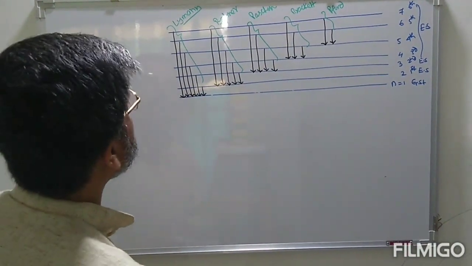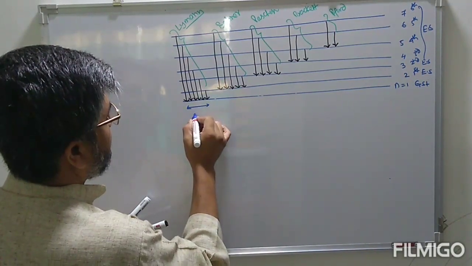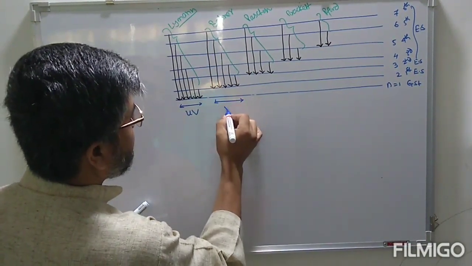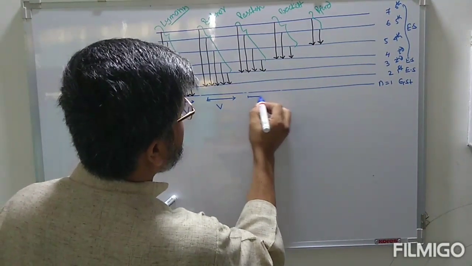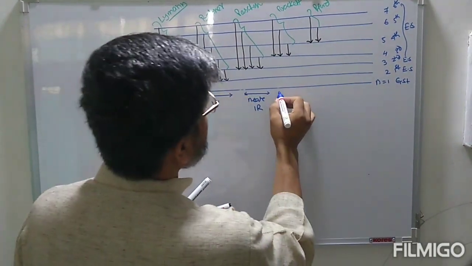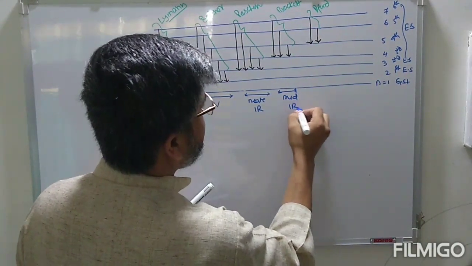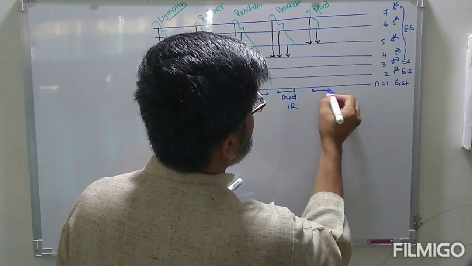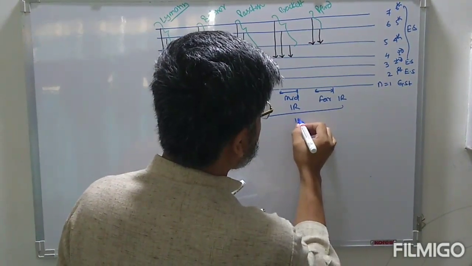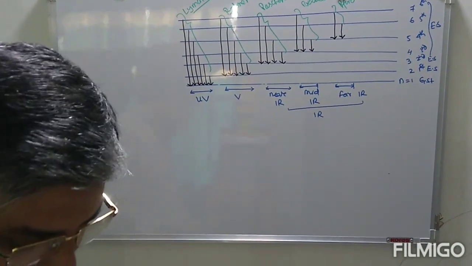Now this Lyman series lies in the ultraviolet, the Balmer series lies in the visible, the Paschen series lies in the near infrared, Brackett in the mid infrared, and Pfund in the far infrared. So these 3 lie in the infrared region, and the frequencies,